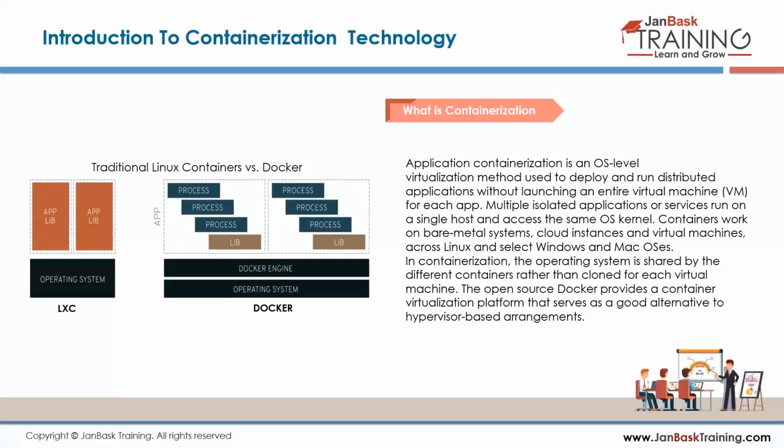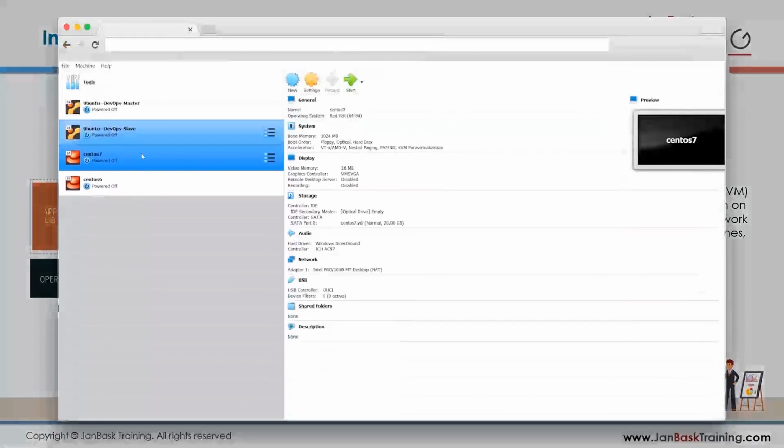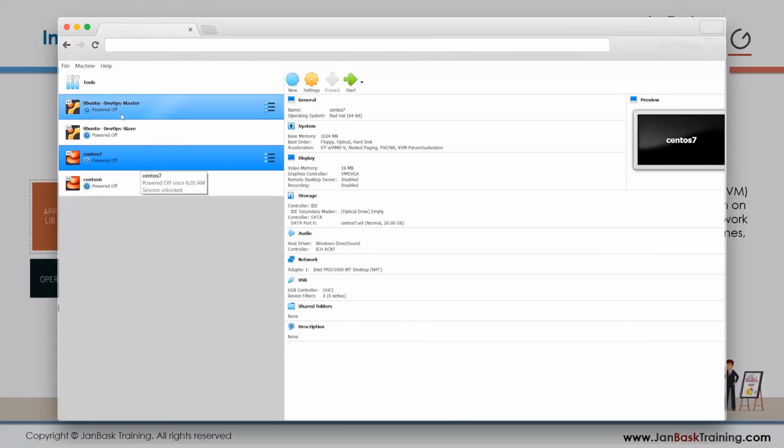Let me show you one case here. See, I do have a VirtualBox with me. This is one of the VirtualBoxes which I have. Now I turned it off. I have created four virtual boxes here. Two are Ubuntu, two are CentOS, different operating systems. Now if I boot it, guys, see,